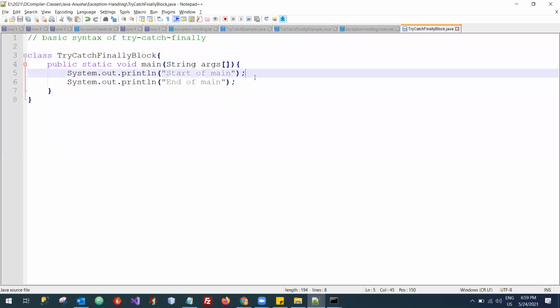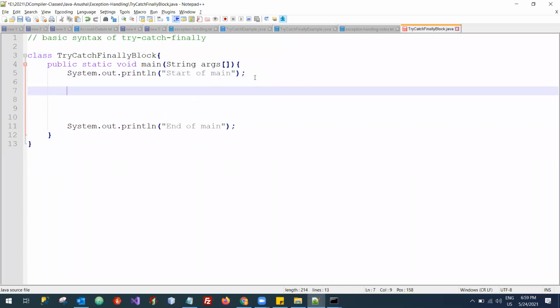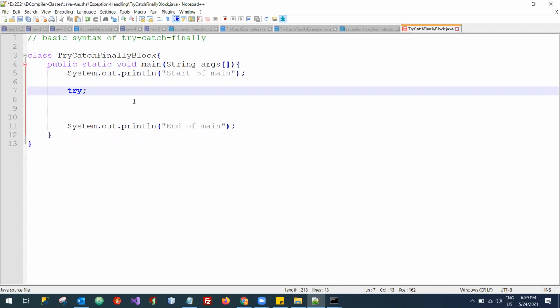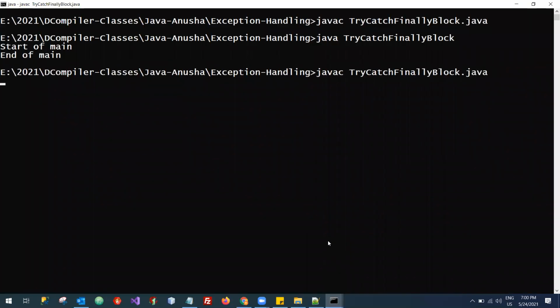Now, this session is purely to understand that when we start writing a try, it should be a block. It cannot be a statement. What do you mean by that? Statement means having a semicolon like this, which you might have seen in if, else if and else, where it is 12 greater than 3. You can have it like this, but with respect to try catch, it has to be a try block. Let me save this. Let me try to compile it.